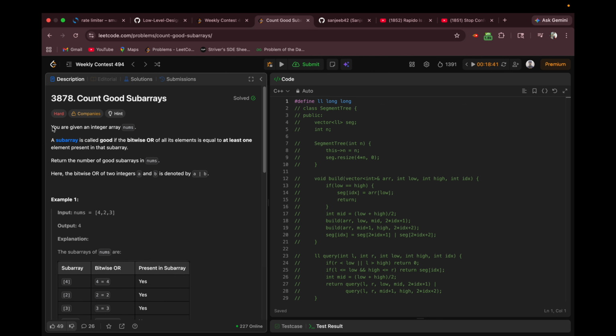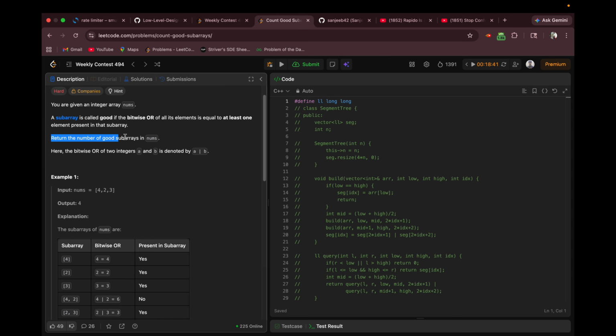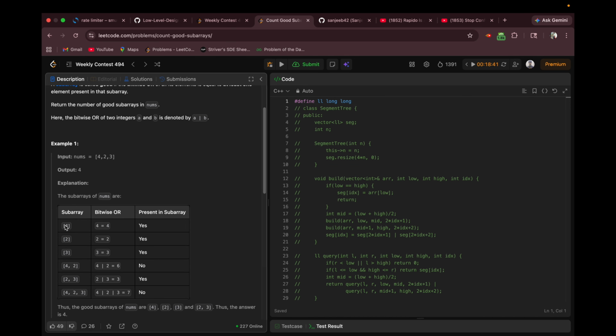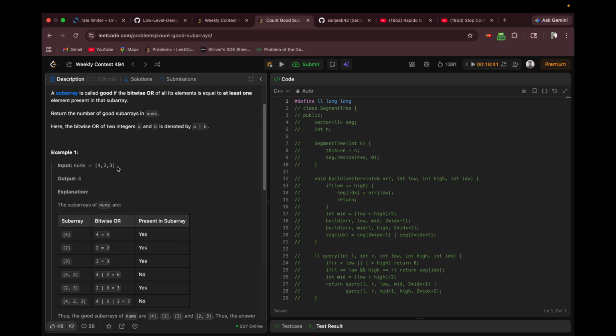Okay, so let's read the question. We are given an integer array nums, and a subarray is called good if the bitwise OR of all its elements is equal to at least one element present in the subarray. We need to return the number of good subarrays, and they have mentioned what a good subarray is. A subarray is good if the bitwise OR of all the elements